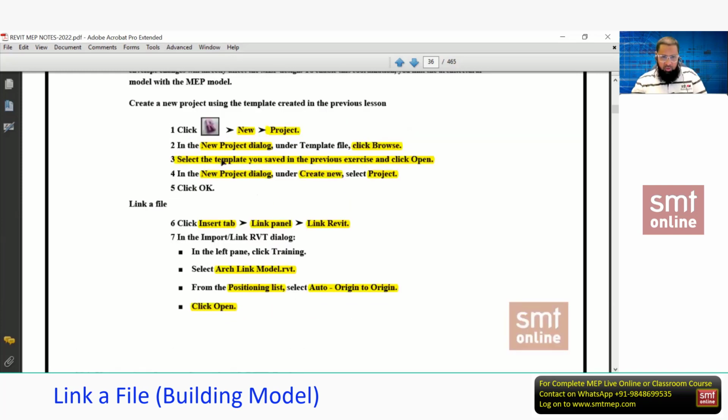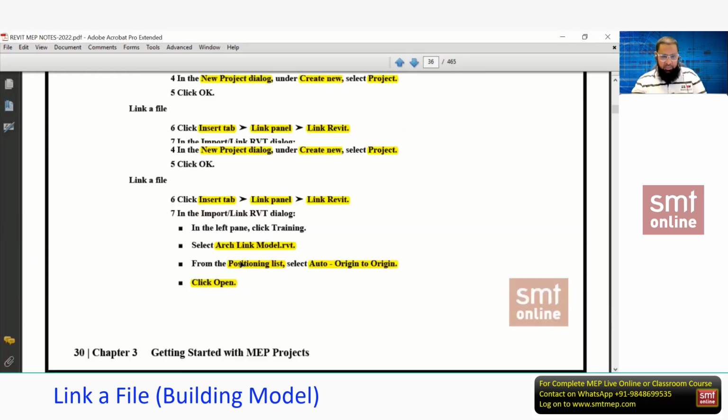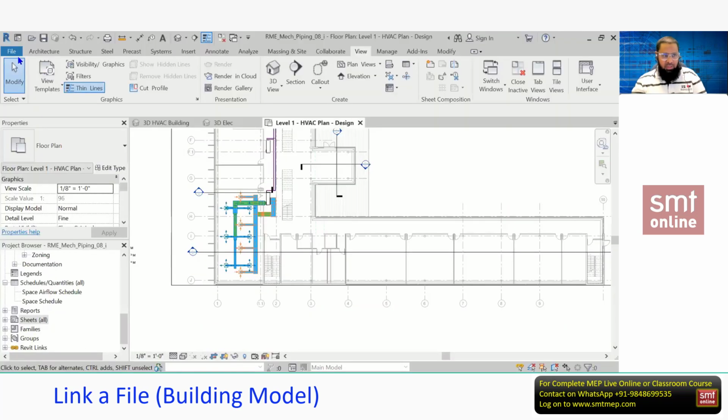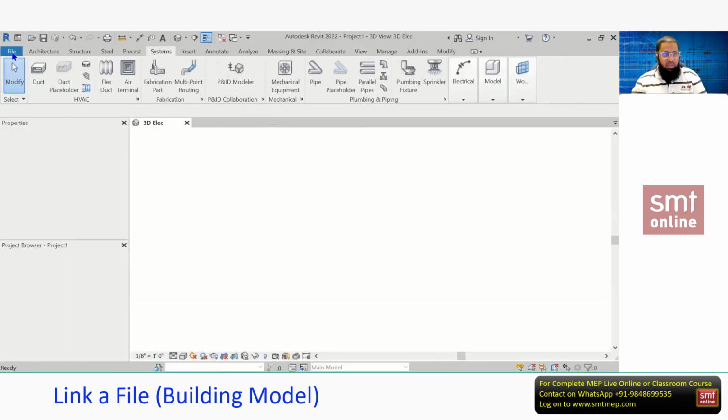So here you see I'm going to create a new project. You know how to create it. Yesterday, in the previous session, we discussed the same procedure. If you have the hard copy of the notes, you can verify it from page number 30. You can verify all these highlights so that the work will be easy for you when you practice after class. Next, let me start the new project first.